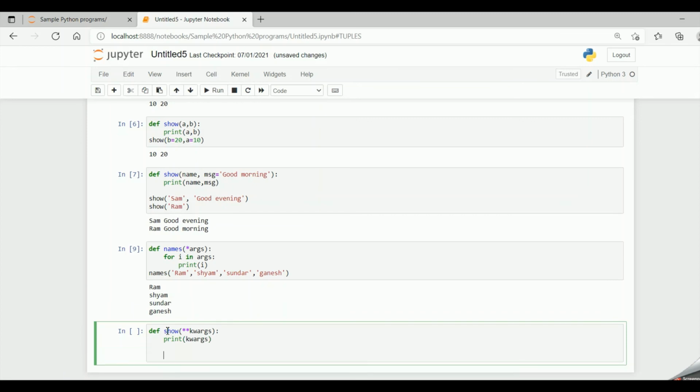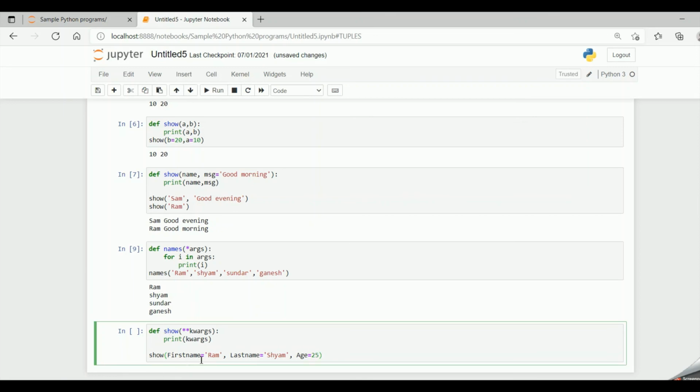Now let me call my function show, and let me give the keyword arguments. First name equal to Ram, comma, last name equal to Shyam, comma, age equal to 25. So these are the keyword arguments.